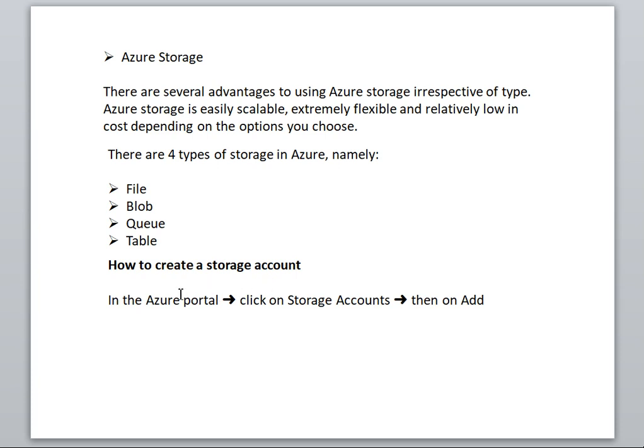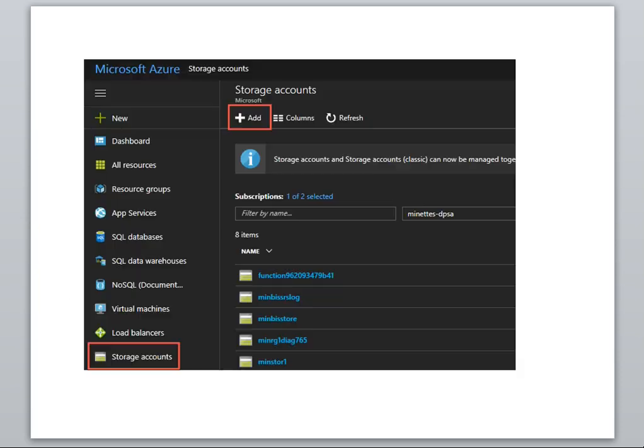So how will you create the Azure storage account? For that you need to go to the Azure portal, click on storage account, and then click on add. This is the portal screenshot. In the left panel you will get the storage account, and then click on add.